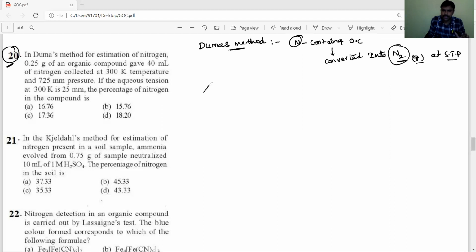In that case, the percentage of nitrogen formula, okay students, listen carefully. We have to remember the formula, then just substitute the values and we'll get the percentage of nitrogen in the given organic compound. The percentage of nitrogen is equal to 28, since the molecular weight of N2 is 28, and at STP one mole of N2 gas occupies a volume of 22,400 ml, into the volume of